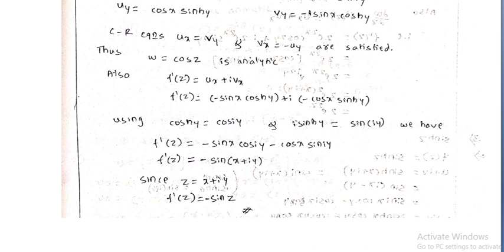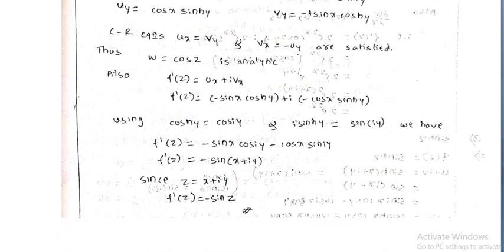So here w is equal to cos z, an analytic function. As we already discussed in the working rule, if the problem is in Cartesian form, we use f dash of z as u_x plus i phi_x, using the u_x and phi_x results here. So u_x is minus sin x cos hyperbolic y, plus i into phi_x, which is minus cos x sin hyperbolic y.